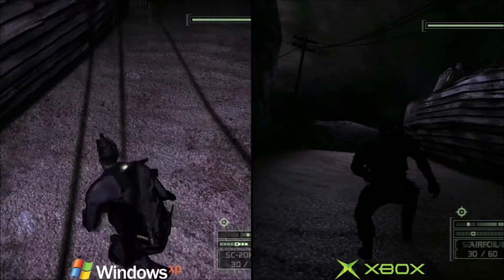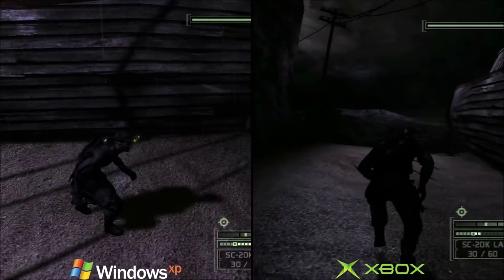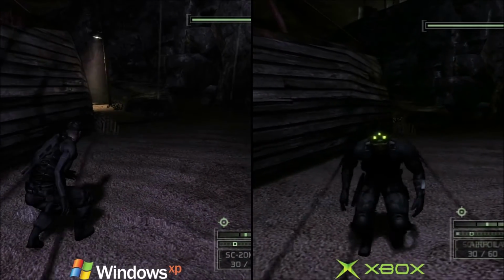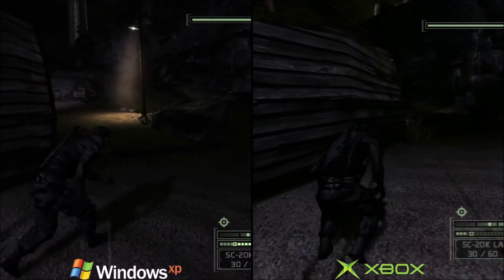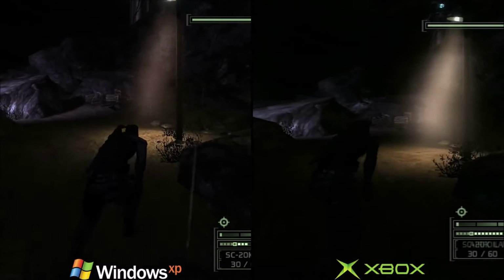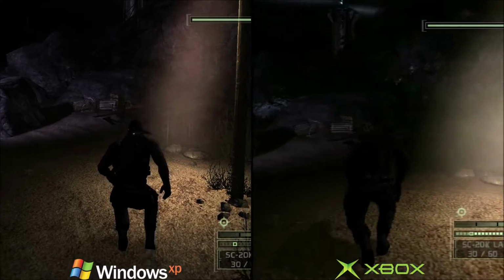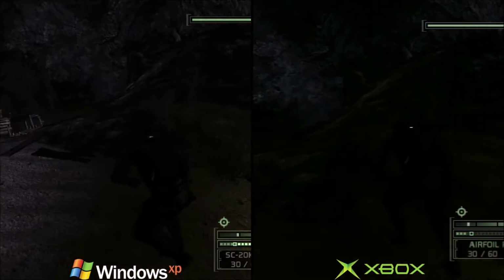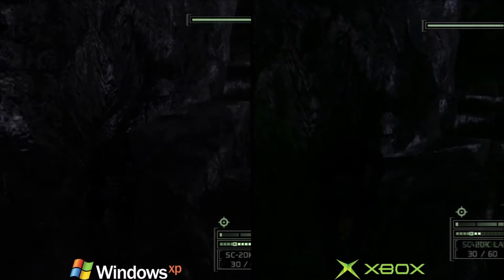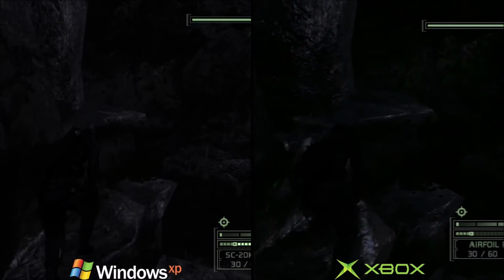I'm loving this already. Splinter Cell was always known for pushing boundaries on Xbox. Gorgeous looking series. And in fact, the initial PC ports had issues because a lot of PCs didn't support pixel shaders at all, or even the correct shader model. So only very specific cards like GeForce 3 and up could really experience Splinter Cell properly. Yeah, really. And it just so happens that